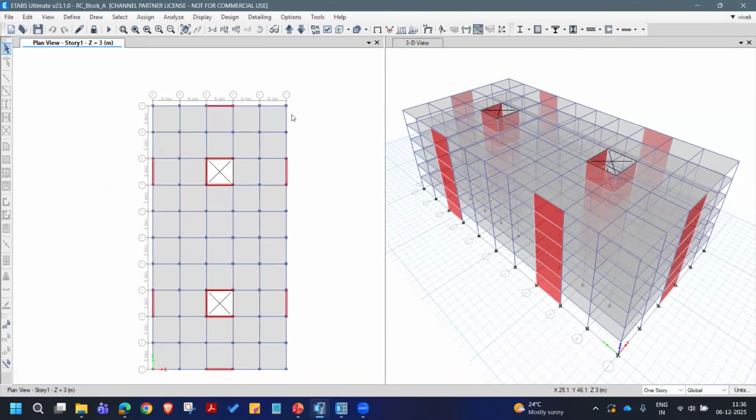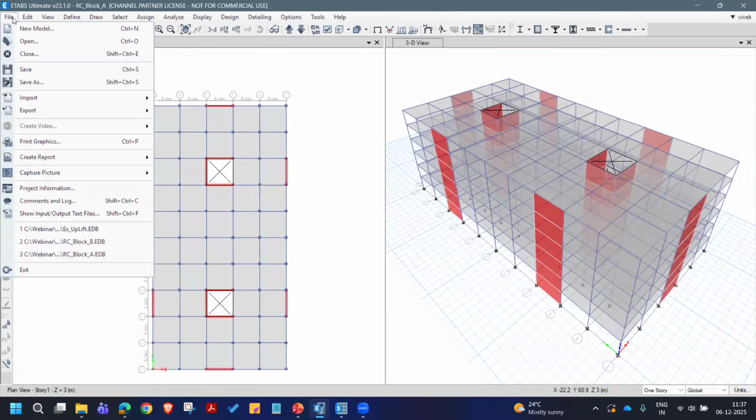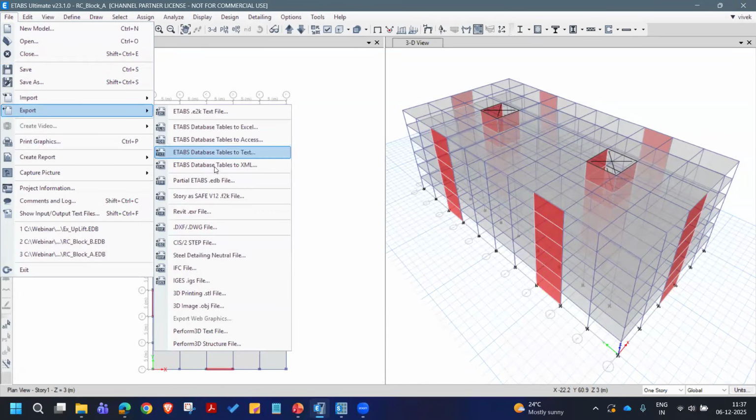So block B will be a mirror of this model, and it will be placed on the right side of this model at, say, 100 mm apart. Right. So this model is run and the export is done as usual. The export story as SAFE